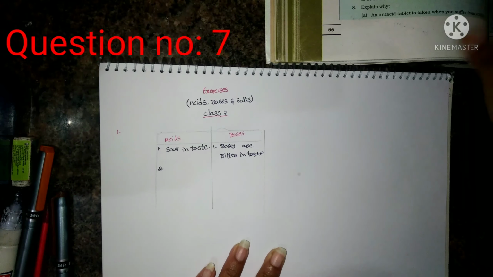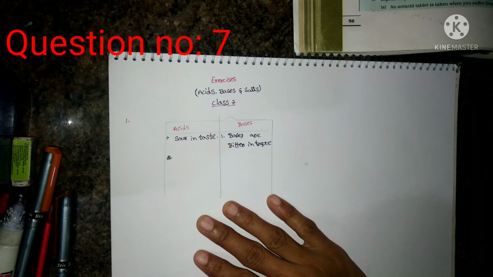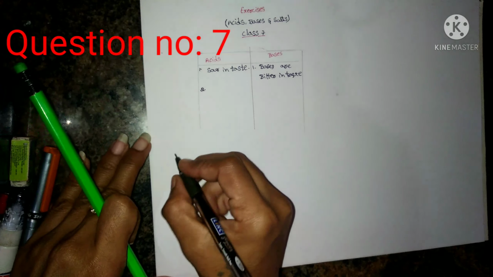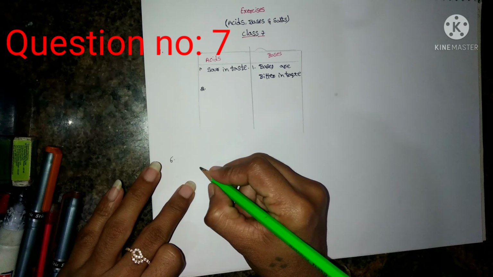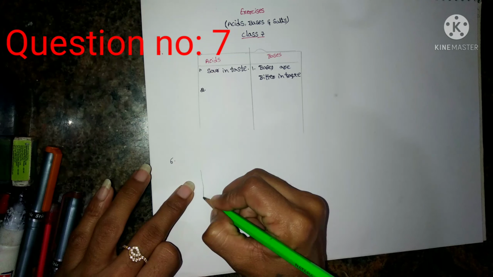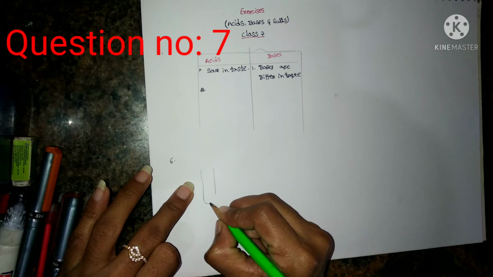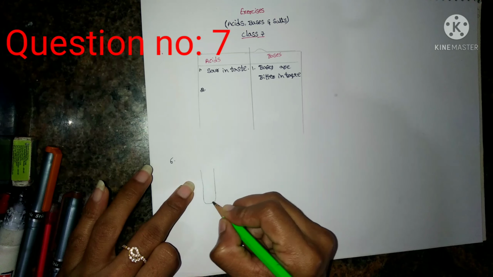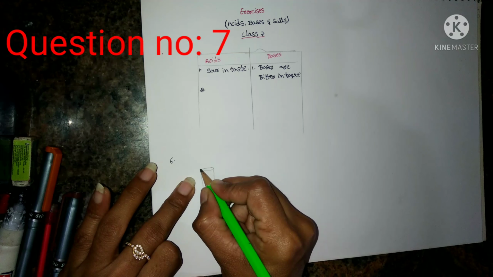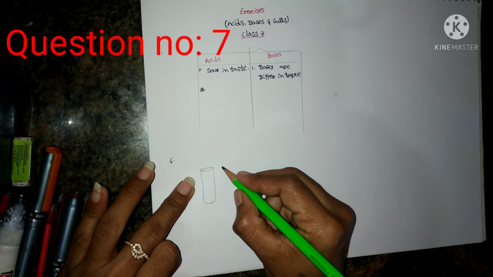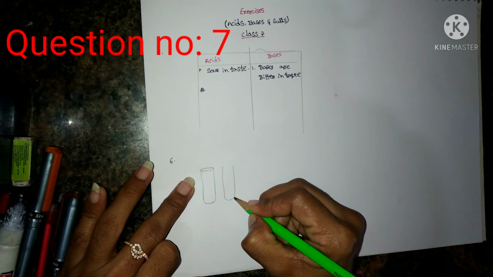Now see here students, how many drinks are there here? 3 drinks are there. What are those drinks? One is an acidic drink. So now these drinks I am taking in the form of test tubes, or you can take them in the form of bottles also. This is just to make you understand I am drawing like this, but in your answer sheet you need not draw these test tubes and all.